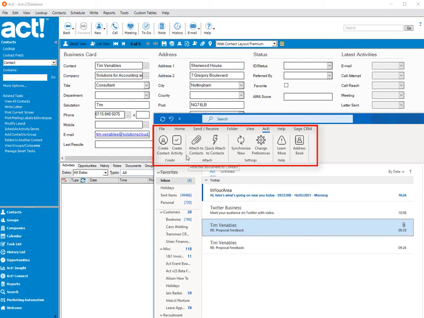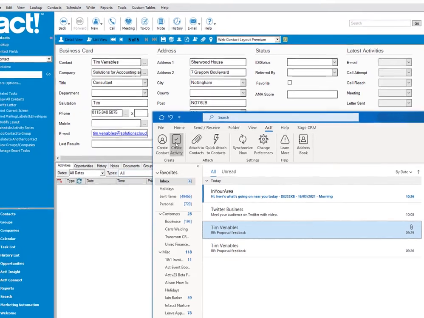If you're using an older version of Act, this will look a little different, although the functionality behind these buttons is pretty much the same as that which was previously there behind the smaller coloured icons that you would have been familiar with. We can create contacts from email, create a new activity, attach contacts, etc. So if we go to create a new activity from the inbound email,